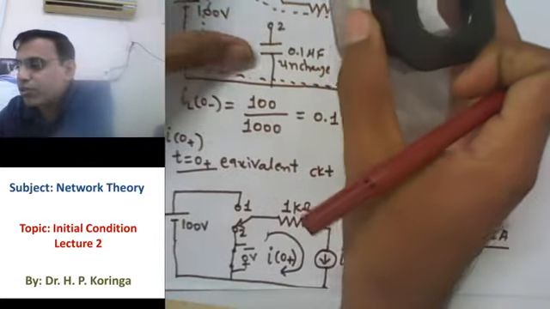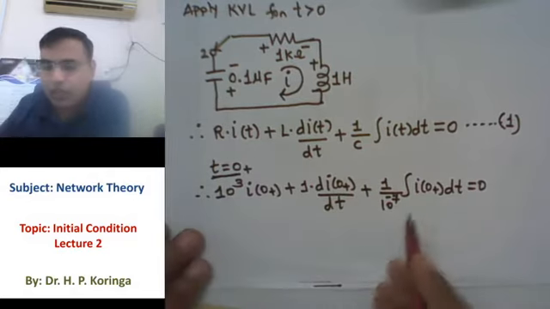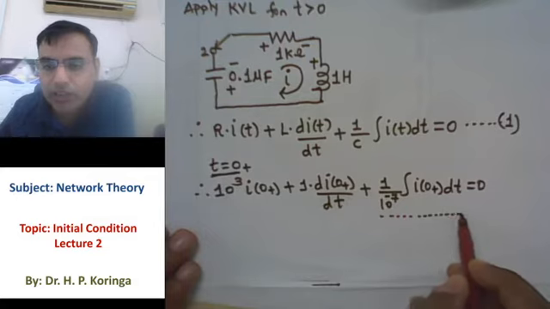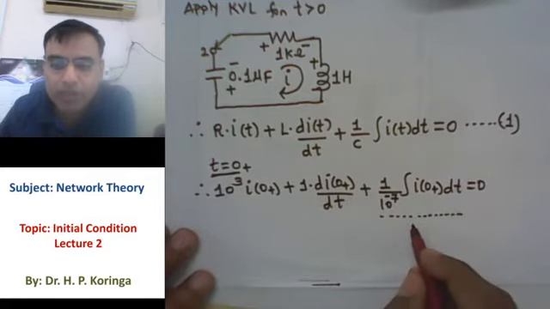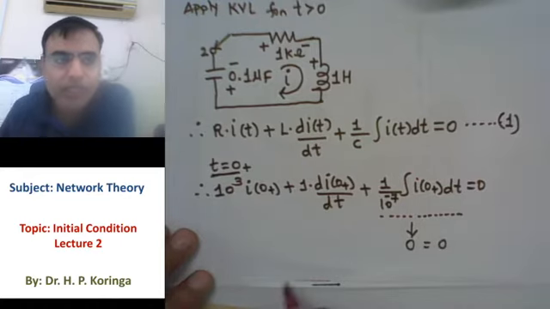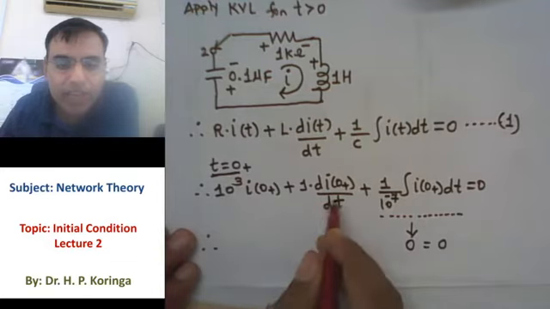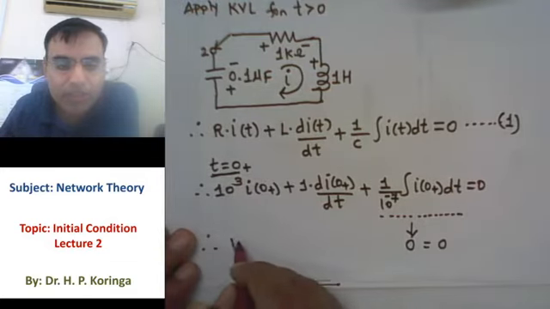So we can substitute this last factor, which indicates the voltage across capacitor at t = 0+ time, with 0, because at t = 0+ the capacitor is uncharged and voltage across capacitor is 0. So we'll get 10 raised to 3 into the value of I(0+), which is 0.1,